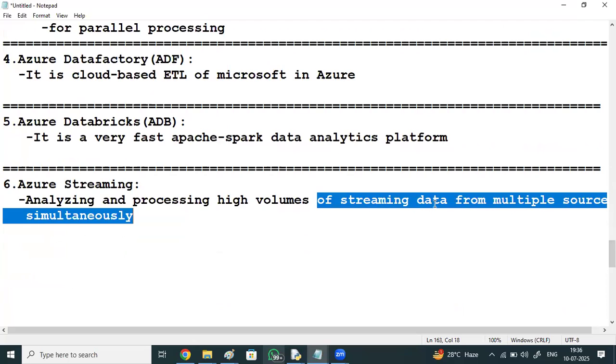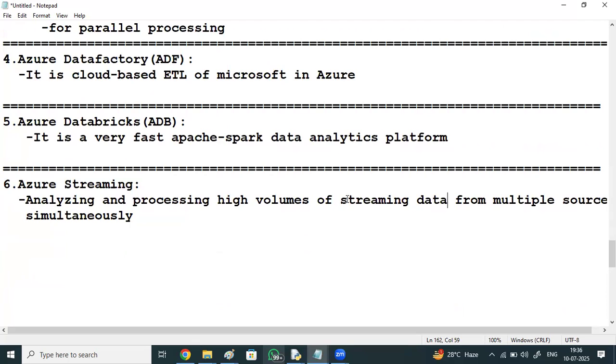What do you mean by streaming data? Data which keeps on generating, data which keeps on incrementing. Such kind of data we call streaming data.